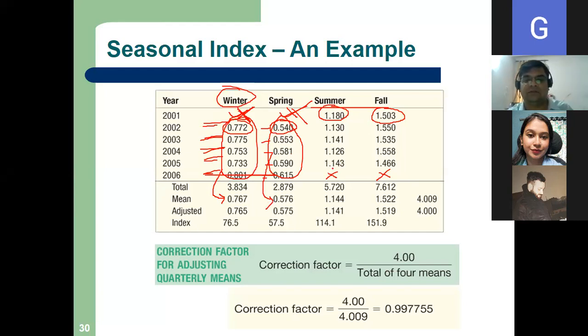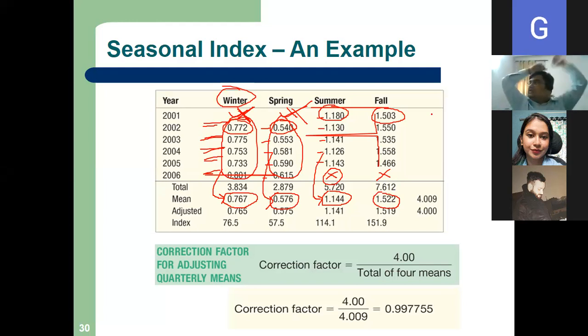Similarly for summer, see, for summer also I will not get this, but I have this 5. 1, 2, 3, 4, 5. This 5 I will write here. Mean of this 5 and mean of this 5. Is it clear? Yes, Sachin. Sachin, are you there? Sir, there is no Sachin here. Yeah, who is asking this question? Yes, Sanchit. Sanchit, are you getting? Yes, sir. Yes or no?